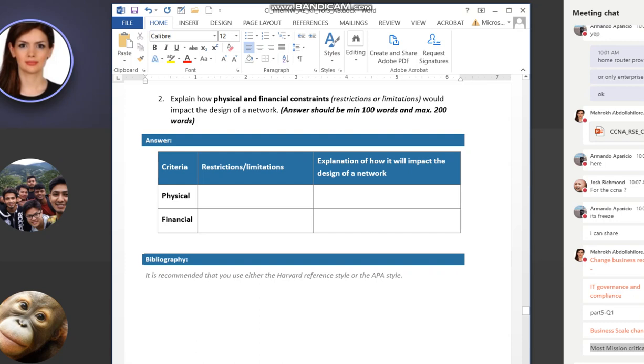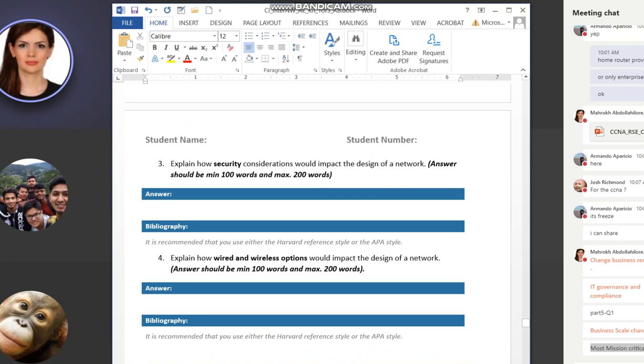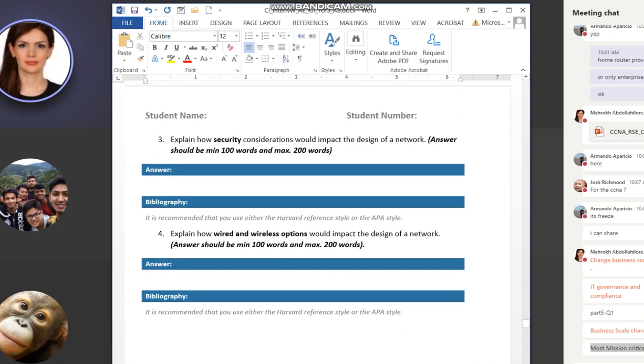For physical security, you can talk about how you can secure physically, for example, locking equipment in the server room, monitoring and controlling entries using a logging system, and network device configuration. You should mention all these things, and the policy that you can use to secure. Question 4, how wired and wireless options would impact the design of the network. Again,